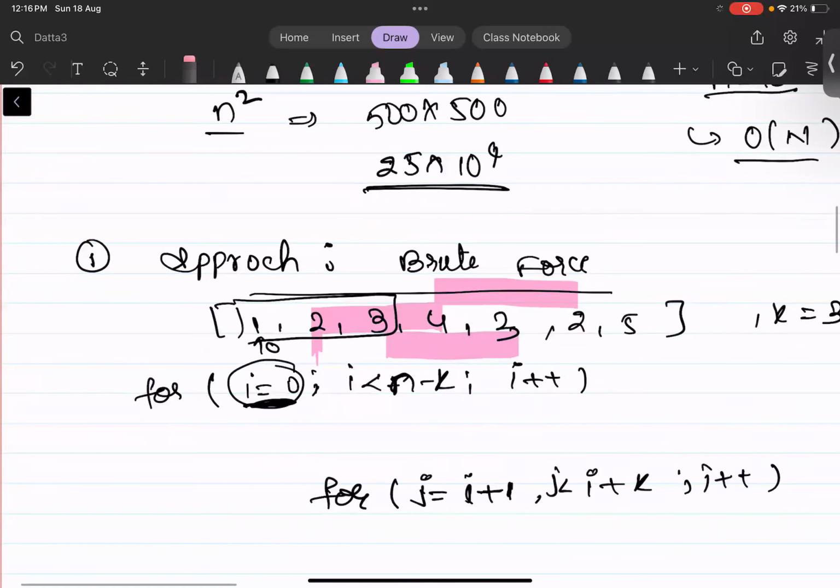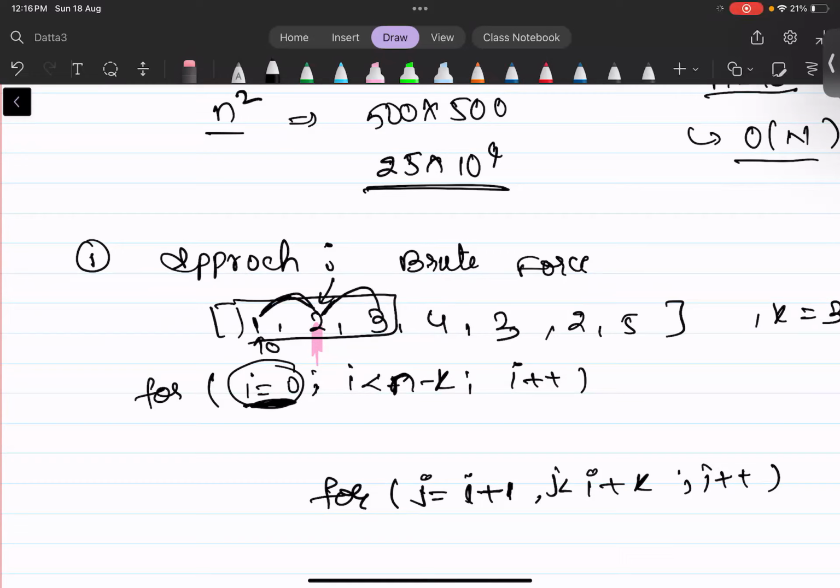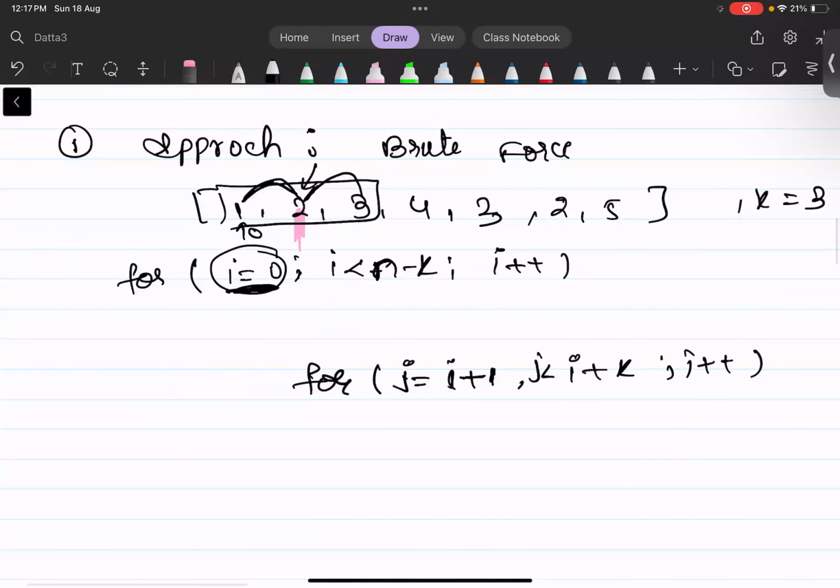Basically, I'm checking now my inner for loop is starting from the first index. I'm going to check whether the difference between these pair of elements is 1 or not, whether these pair of elements is 1 or not, so on, for size k. Now, if my array of j minus array of j minus 1 difference is 1, here I'm going to maintain a count variable,